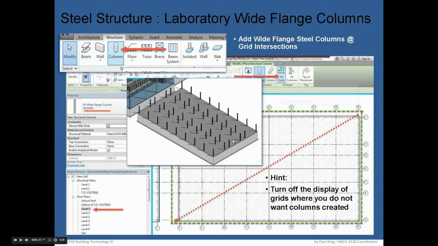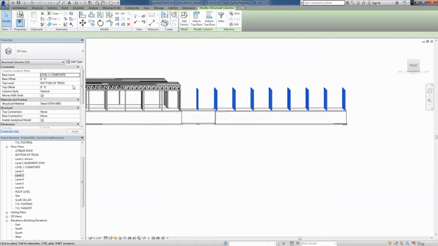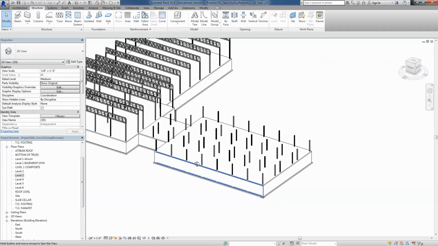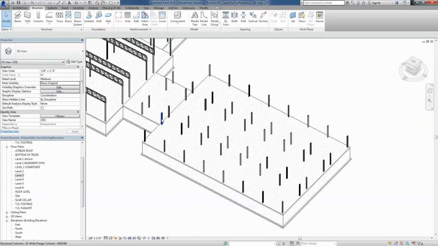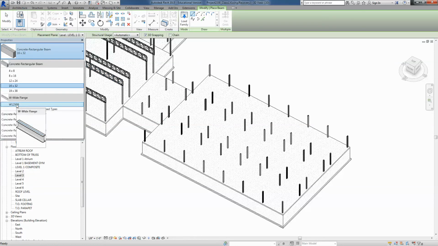The lab needs all these columns, but they don't need to go to the bottom of truss, so I'm going to select them, including the little middle piece, and I'm going to set the top level constraint to be level 2. Apply, it goes down, and here's the setting of the beams. We say beam, we make sure that we use the white flange,